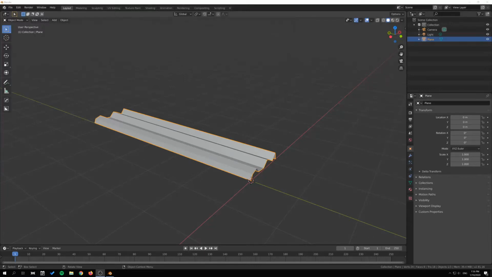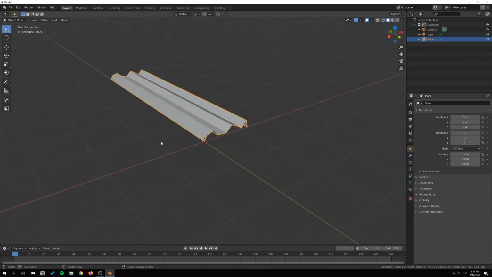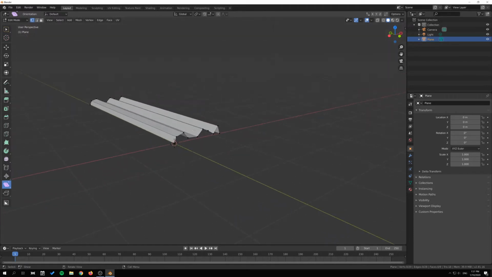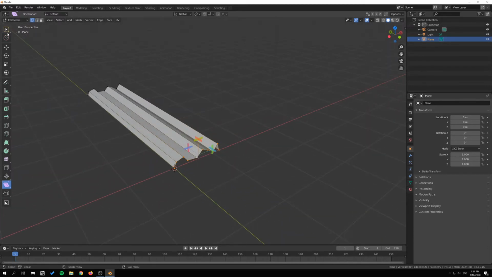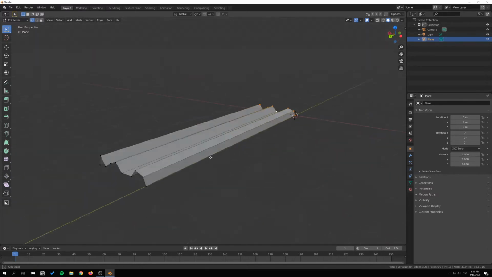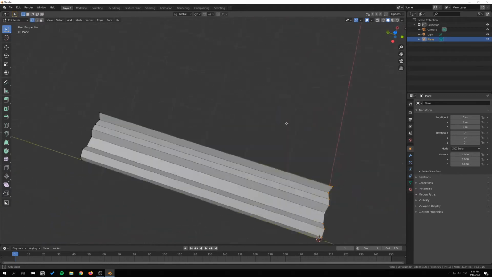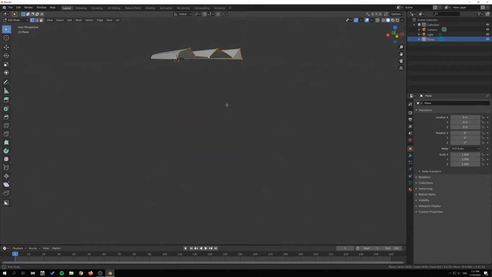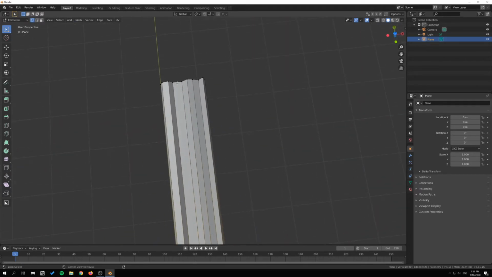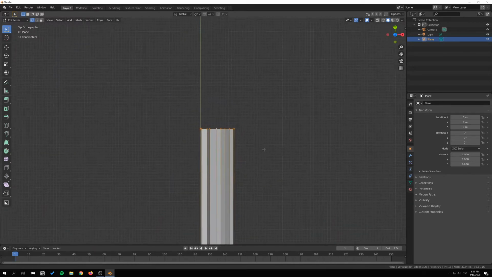Hi there. In this tutorial we're going to take a look at the Shear tool. For this I've created this kind of profile here. I'm going to tab into edit mode, show you how it looks. It has these lines or edges, and same on this side, and just faces in between. So it's kind of a profile. I'm going to select this portion over here, press 7 on the numpad so we can see what we